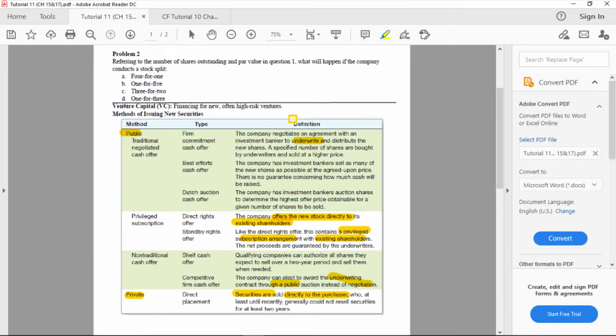And there is another type, which is venture capital. Venture capital is financing for new, often high-risk ventures. The way venture capital operates is that they invest some amount of money into the firms, and then they gain a percentage of ownership of the firm, and at the end of the negotiated period,